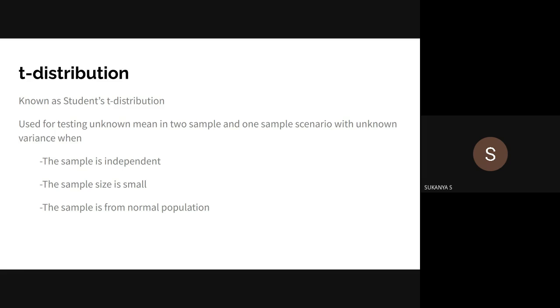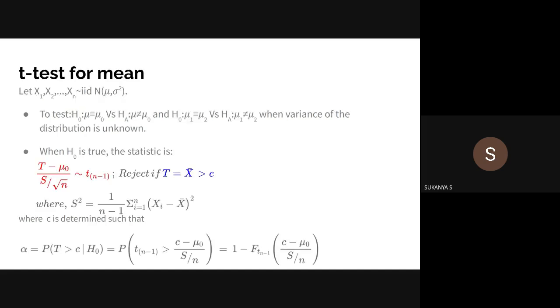Now, to actually apply the t distribution, the assumptions are that the sample is small in size, it is from a normal population, and the observations are independent. It follows a student's t distribution, and the statistic, if you look into this, is very similar to the z statistic. It simply states x bar minus mu naught divided by s by root n, because s is your sample standard deviation that you could actually